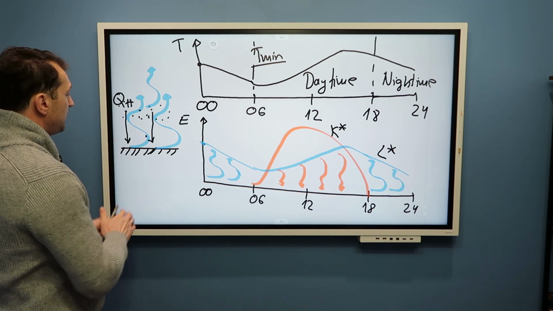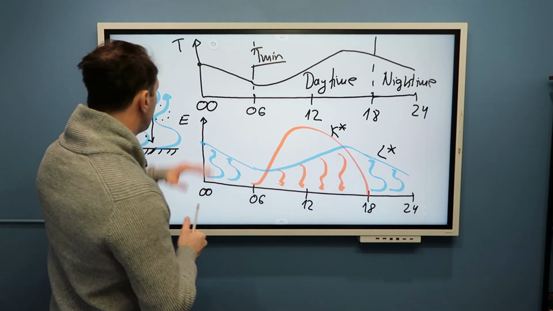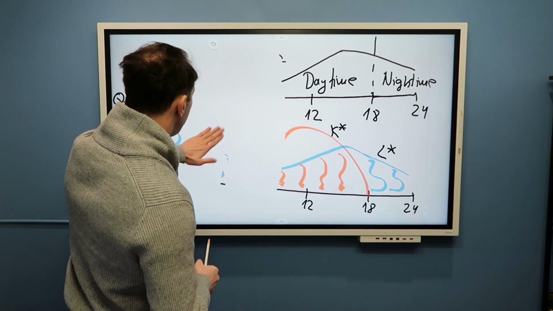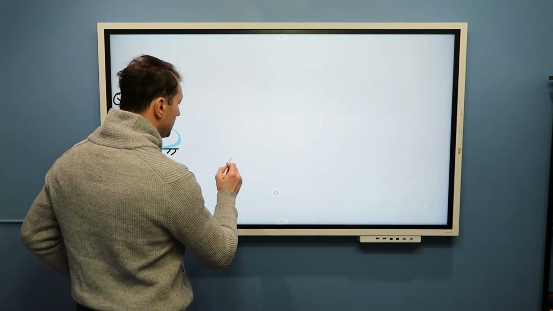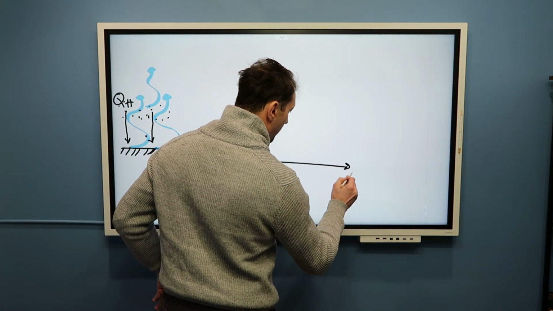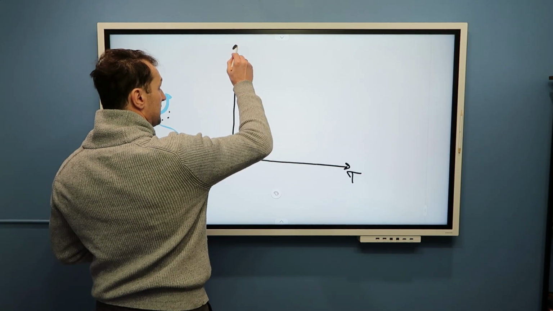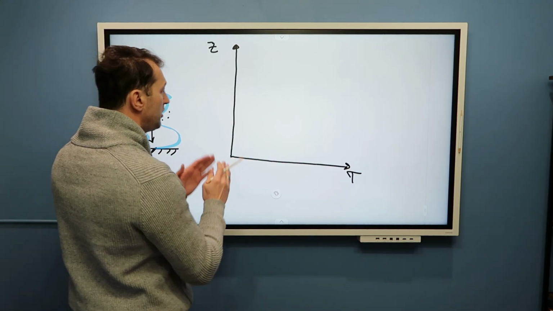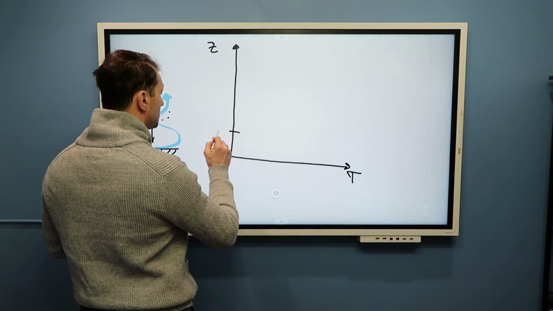So if we look at this concept, it is not that difficult to understand, I believe, the concept of temperature inversion. To study temperature inversion, let us plot the profile of temperature, which is on the x-axis, against height, z, which is on the y-axis. And we will focus only on the first several meters, let's say the first 3 meters